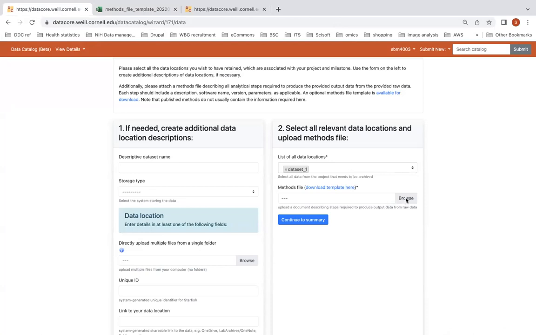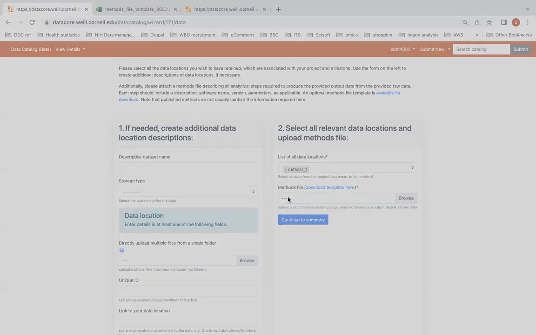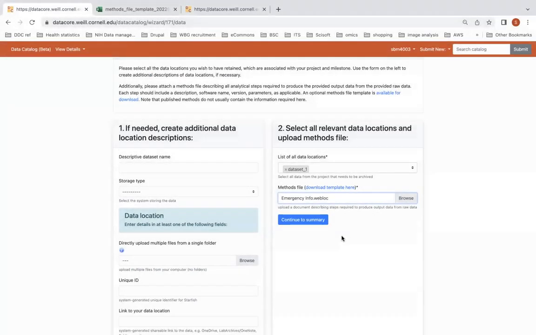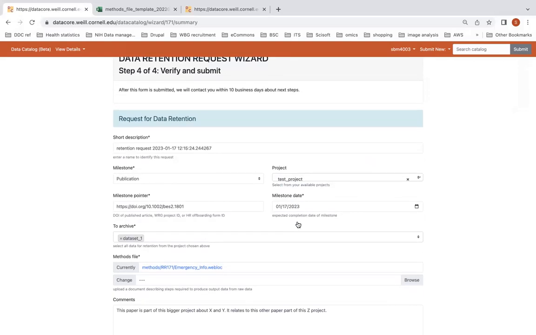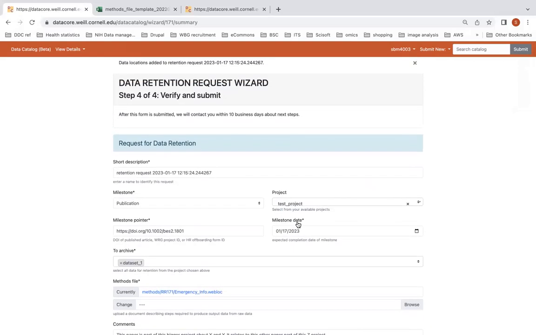So you can also just click browse and select any, for example, any, well, I'm not choosing the right thing, obviously, but it's just to show you that you can browse your file and select one. I'm going to click continue, and now I'm reaching the end of the wizard, which is the last step 4,